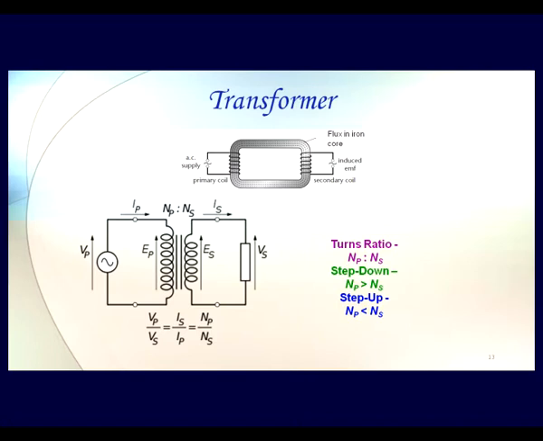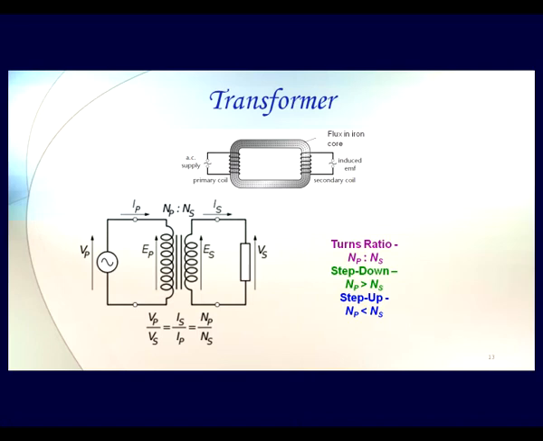Now if we have primary turns lesser than secondary turns, then it is going to induce a higher voltage in the secondary than the mains input voltage, and that's why it is called a step up transformer. That is also quite commonly used, like in the electron guns in our television circuits, the old kind of television circuits where we used to have a cathode ray tube.